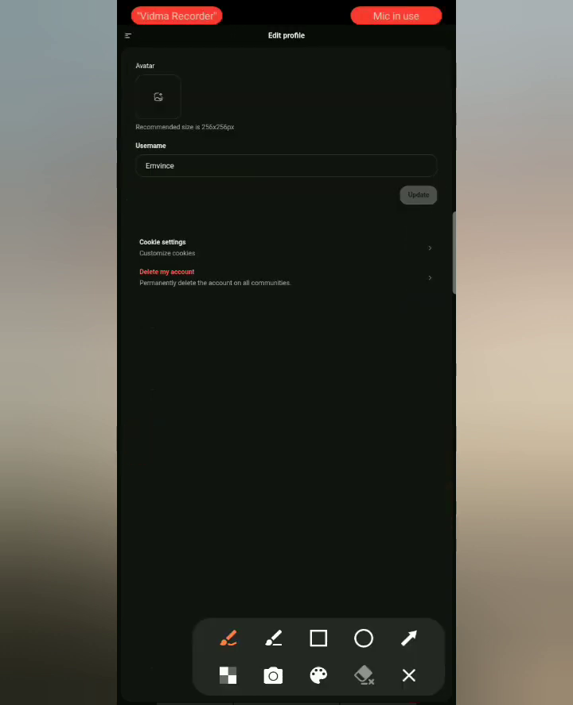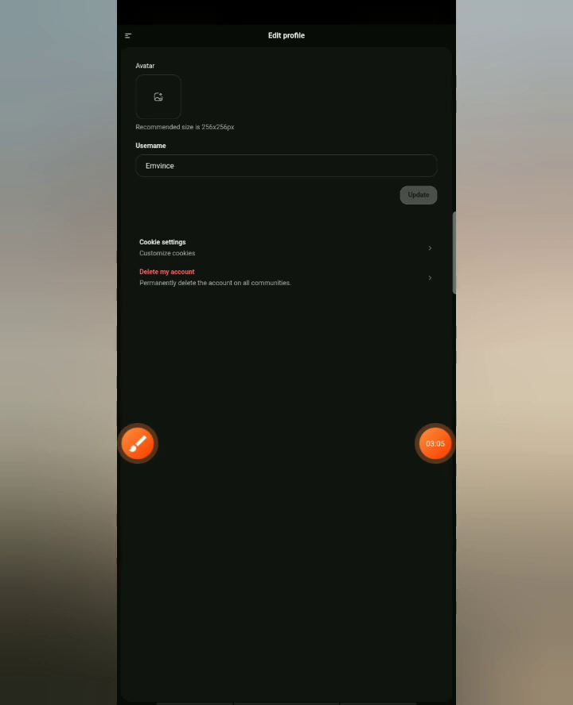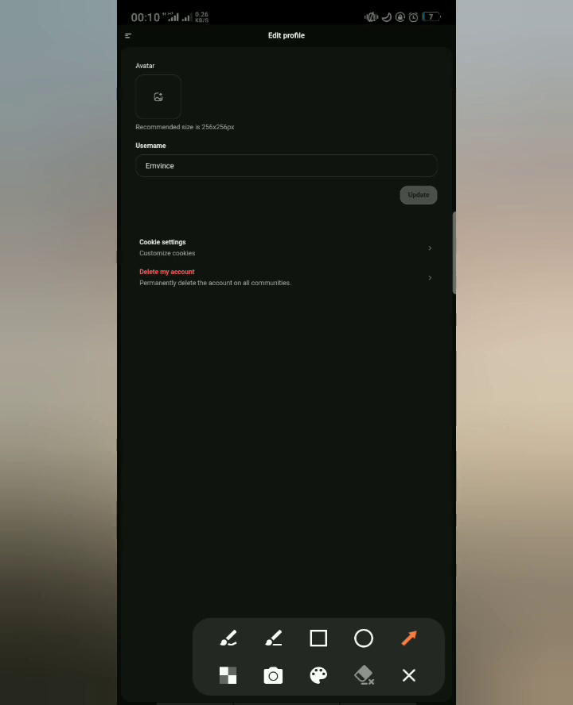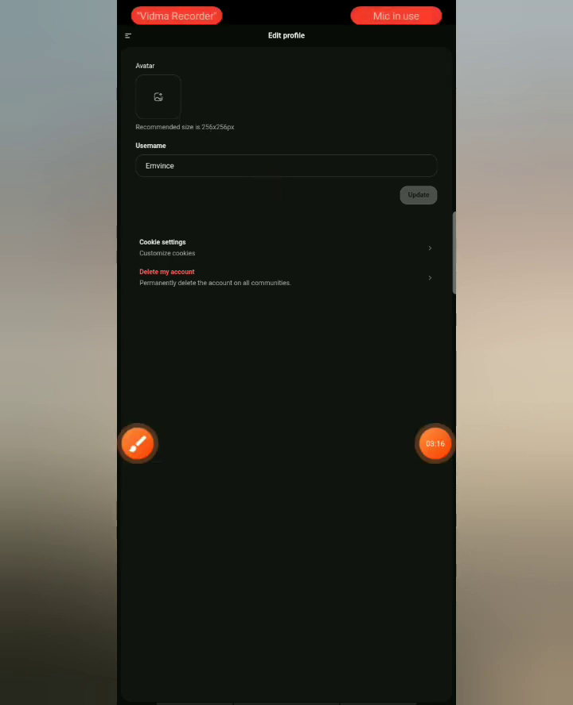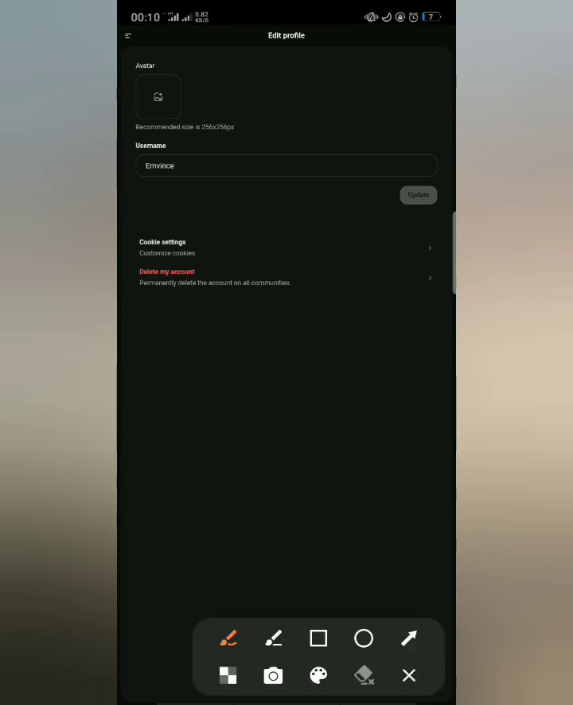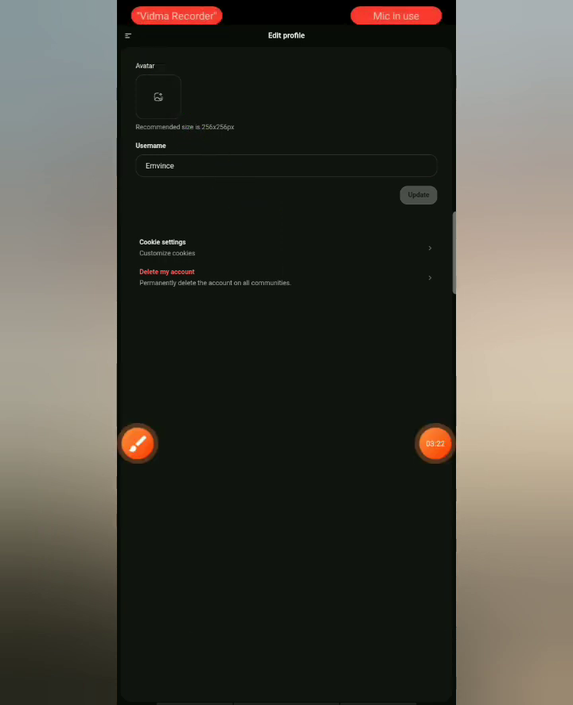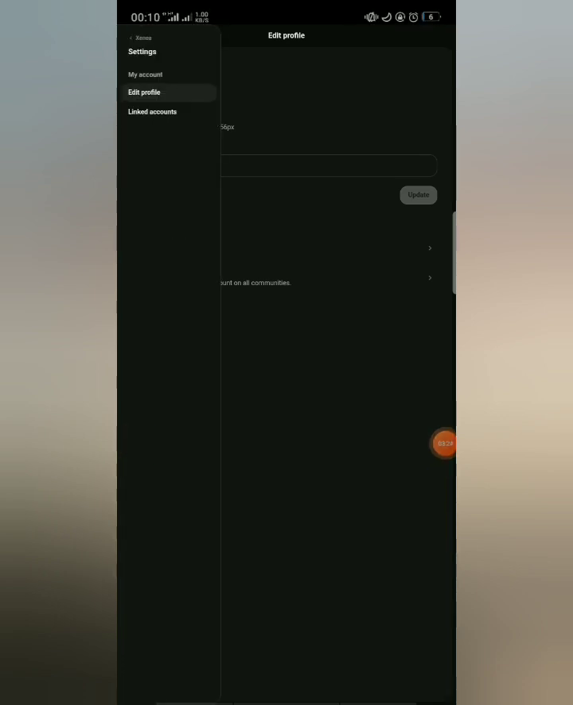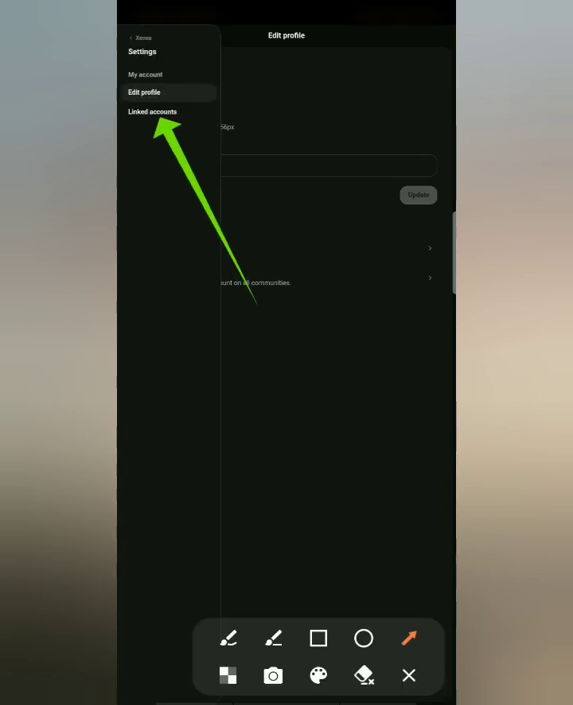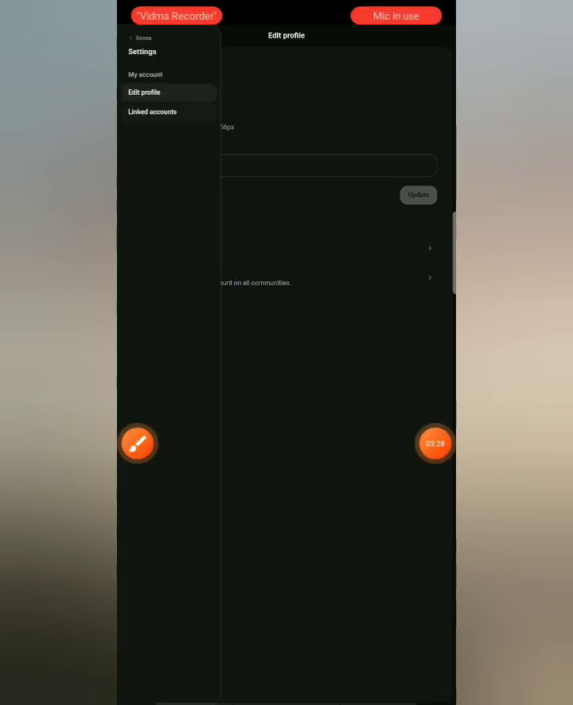So once I click on account settings, of course I can edit my account and do whatever I want to do here, but that's not what I really want to do. You can add your image, but that's not what I want. So just go to this place right there, that 3 slashes again. Once you click on it, you see linked accounts. So click on the linked accounts,